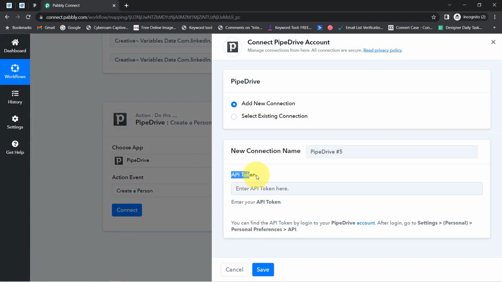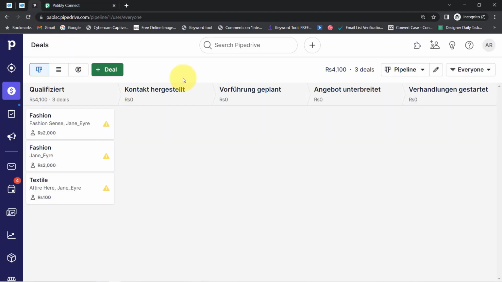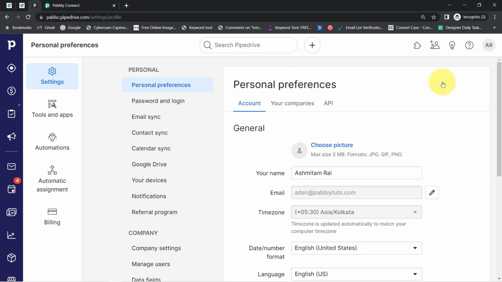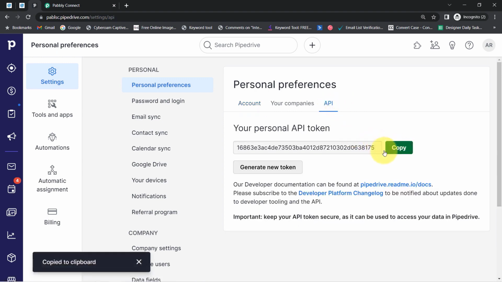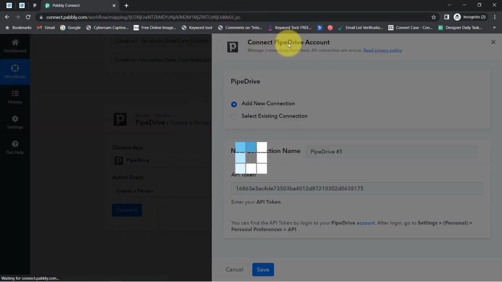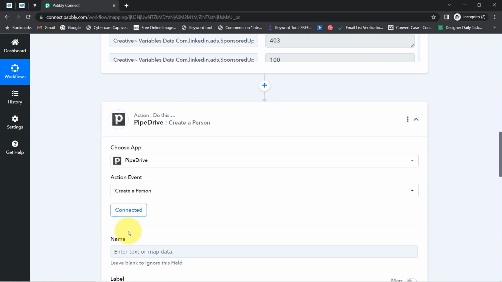So for the connection it is asking for the API token. After login, go to the settings, personal preferences, and this is how I can get the API key. So this is the dashboard of Pipedrive CRM. Clicking here, clicking on personal preferences, clicking on the API section, and here is the token which I have copied successfully. Let me paste the same, clicking on save, and this is how my Pipedrive account will also be connected with